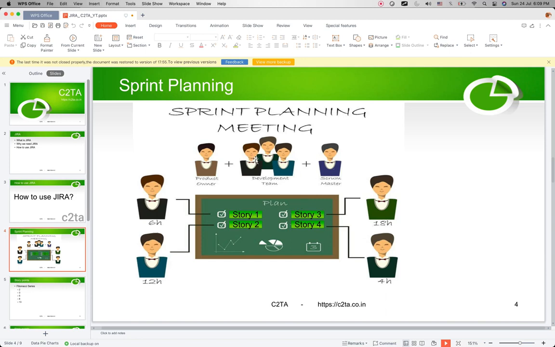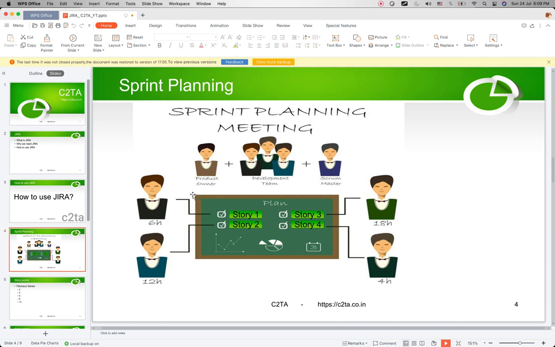Suppose the product owner or business analyst wants to take 10 stories for this sprint, and the developers and testers are only capable of completing 5 to 6 stories for the sprint, then the development team has to approach the Scrum Master and tell the Scrum Master that we can complete only 5 to 6 stories for the sprint. Then the Scrum Master will convince the product owner based on the availability and acceptability of developers and testers. So once they are convinced, then we have selected a specific number of stories for this sprint,